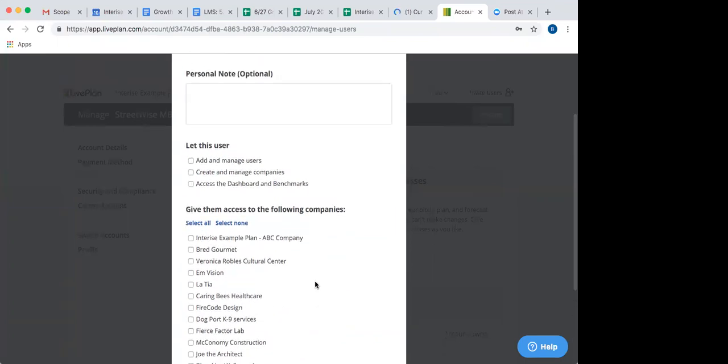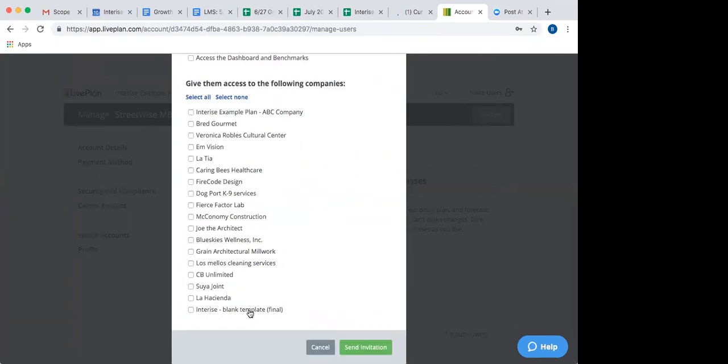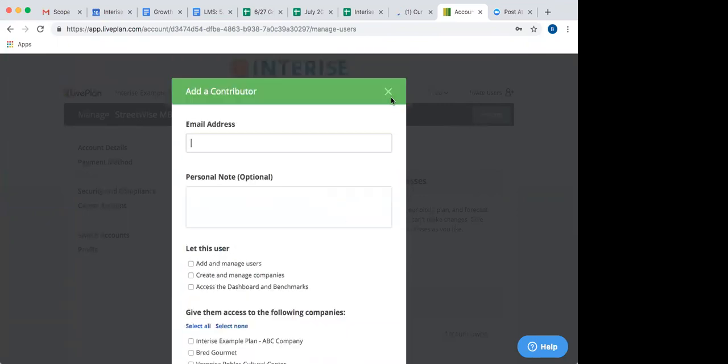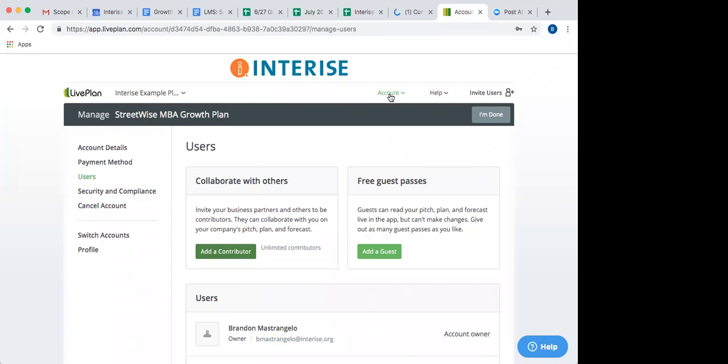So you'll have an example that you can look at, and you'll also have the blank template that you can then turn into your growth plan. Once you get the email, you'll just click on the link. It'll ask you to choose a password, and then you're set to go and ready to start completing these sections.